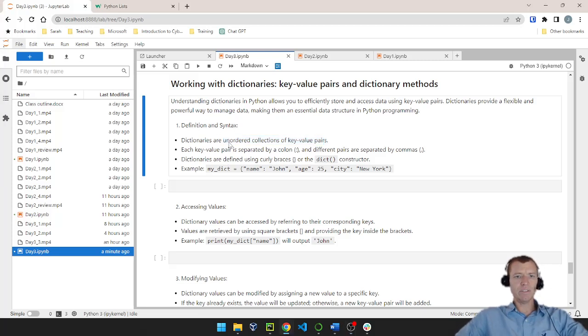One thing I want to point out is dictionaries are unordered, so it's an unordered collection of key value pairs. Before Python, I think it was Python 3.6, the way that values were stored in a dictionary was called hashed. They were stored based on the mathematical calculation of the key running through some algorithm, something like an MD5 algorithm, some kind of message digest. The reason we would do that is because we can make them really quick to retrieve. In fact, if you Google big O notation, you can see